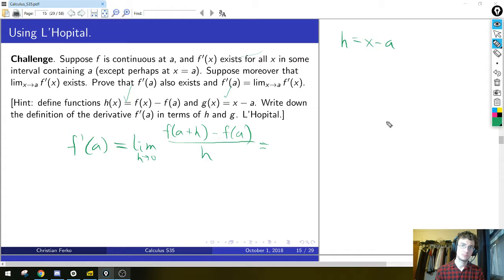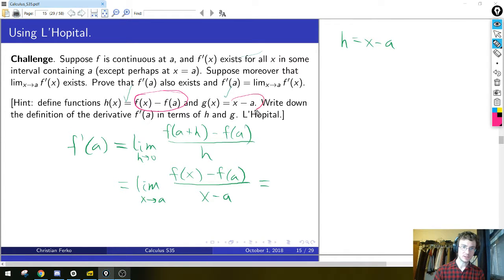We let h equal x minus a, and we substitute h for x minus a to get that this is going to become f of x minus f of a over x minus a, the limit as x goes to a. As h goes to 0, x goes to a. So it's not the limit as x goes to 0, but the limit as x goes to a. Good. Okay, so I claim that this quotient inside the limit can be written very neatly in